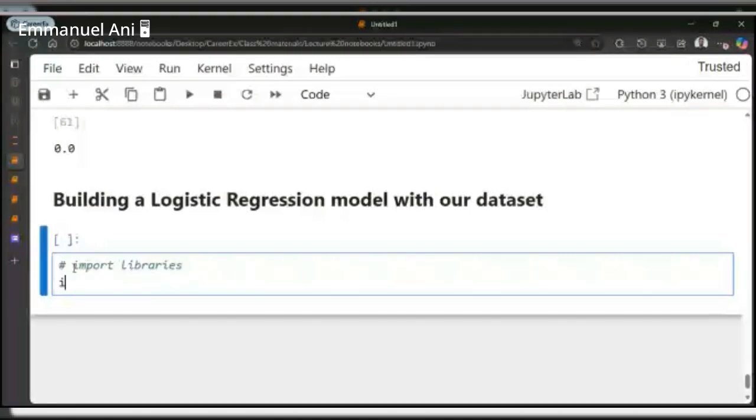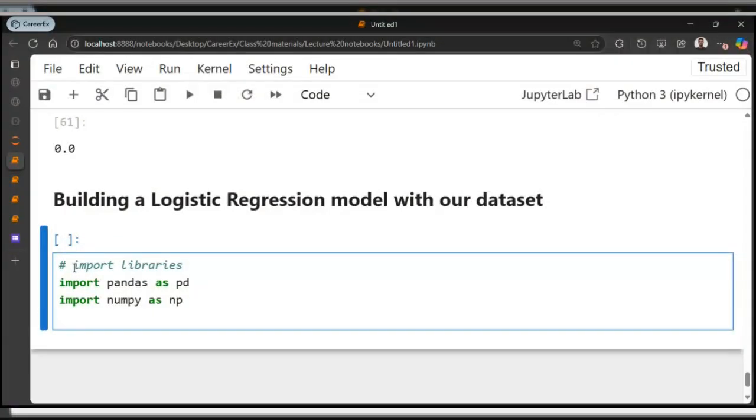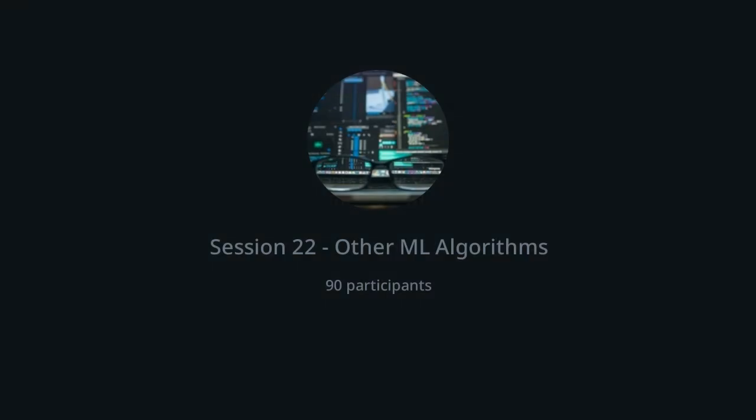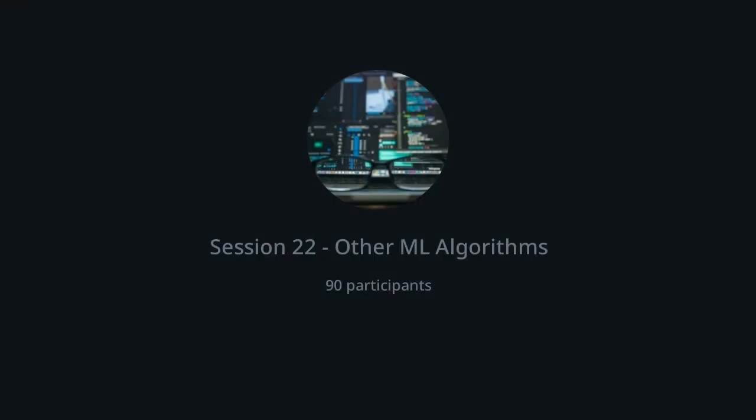Those libraries you know you might need. So most times what you do, import pandas as pd, import NumPy as np. You can say from matplotlib import pyplot as plt. You can also actually import Seaborn as well, right?